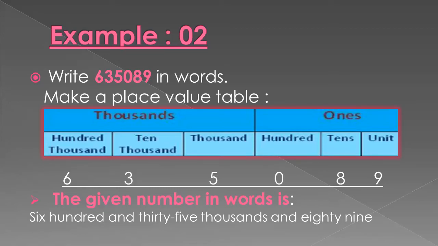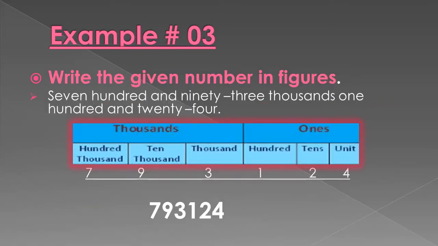635,089. Move to next example, number 3. Here is a question for you. Write the given number in figures. And the given number is 793,124. Again, we will make the